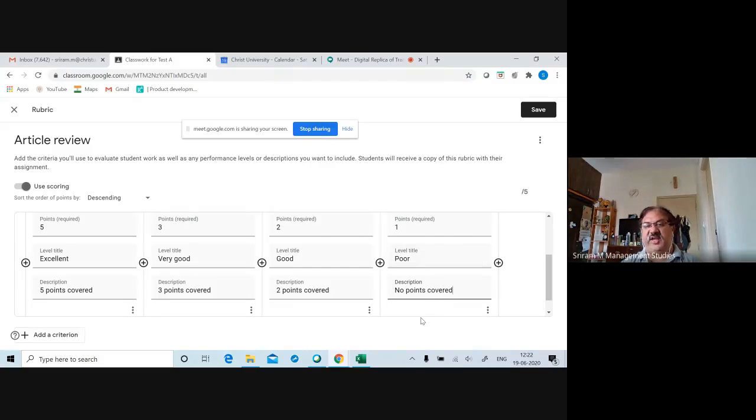Ideally, for this we need to give 0, but generally, as a principle, we don't, because most of our assignments are slightly descriptive, but this is just an indicator, that's all.